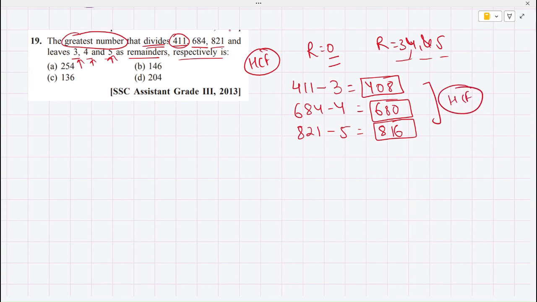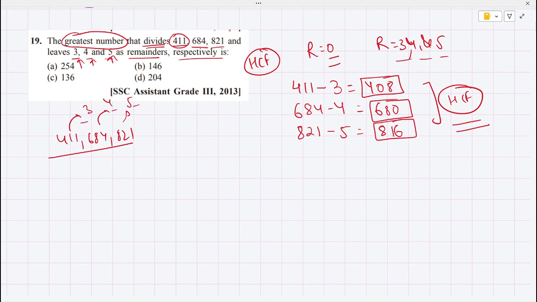And after finding it, when we divide 411, 684 and 821 by that number, the remainders that we'll receive automatically will be 3, 4 and 5, because they will be extra,